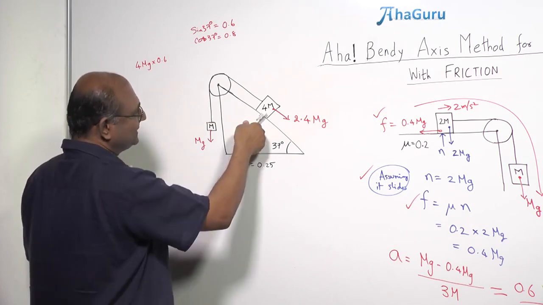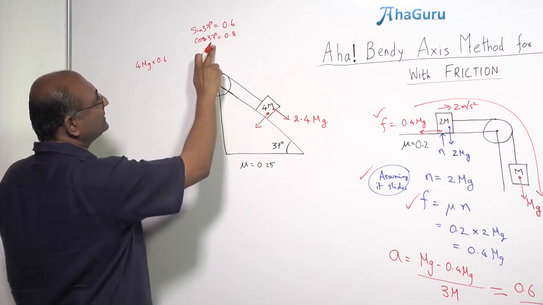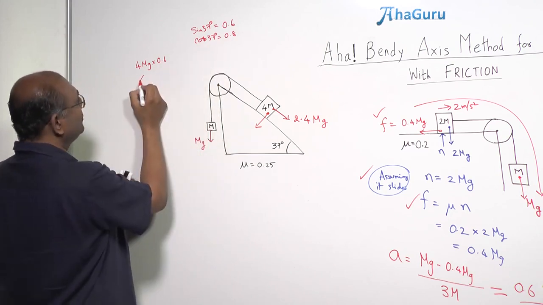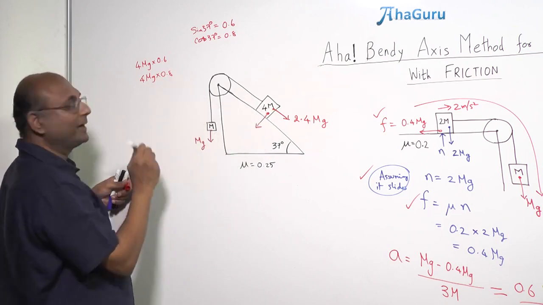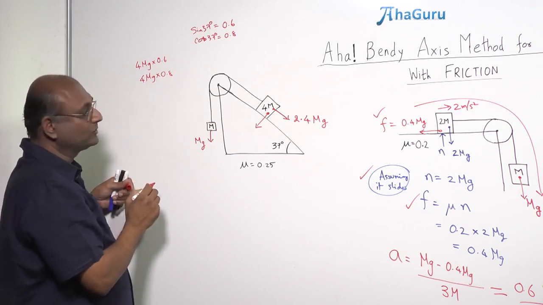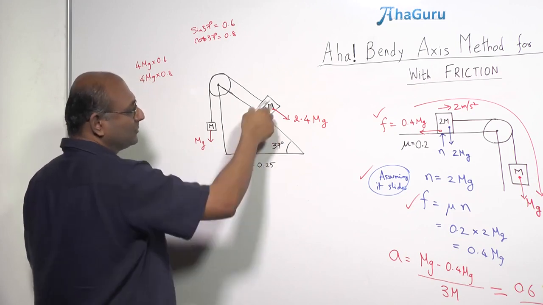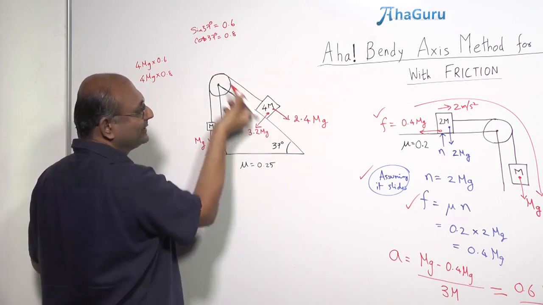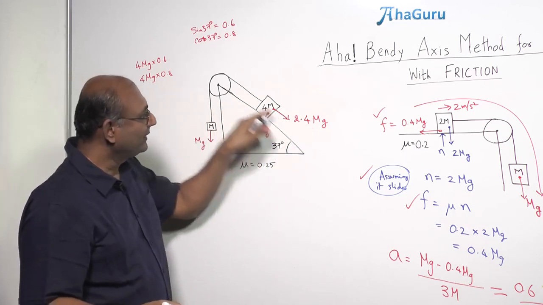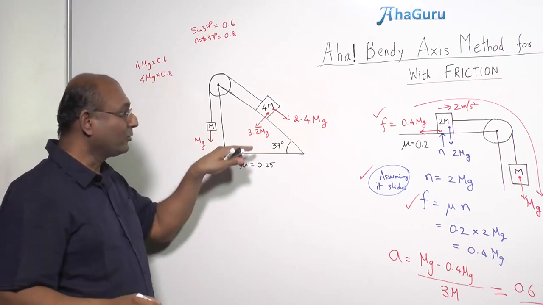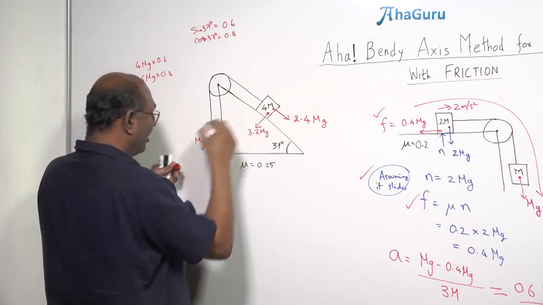But what is N? Well, first let's calculate what is 4 mg cos theta. Cos 37 is 0.8, so 4 mg into 0.8. How much is this? 4 times 8? 32. 3.2. This is 3.2 mg. Now you should be quite happy that this is not acting this way or that way. Okay, it is a much larger force than that. But clearly this plays no role in this motion. It doesn't play a role directly, but it is pressing this block in, which means the normal force will increase.